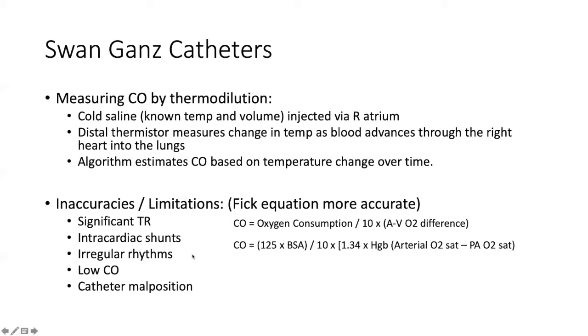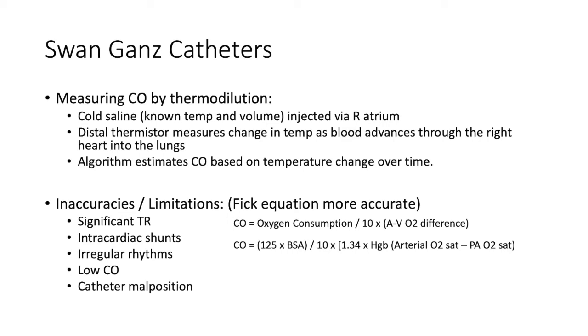Like the Vigileo, it has significant limitations based on whether or not a patient has significant tricuspid regurgitation or intracardiac shunts. Low cardiac output can falsely elevate these values, and catheter malposition is obviously an important consideration. But collectively, when using one of these dynamic variables, they are almost universally regarded as more sensitive and specific